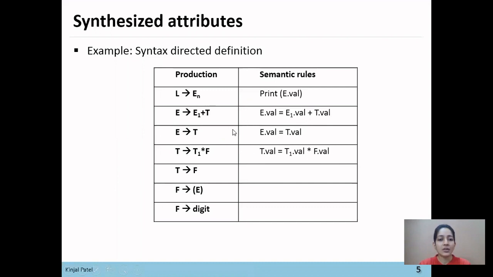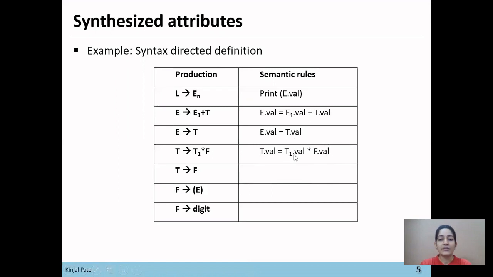So we'll represent all non-terminals with the attribute value. So T.value. Now in this rule you can see that on the left hand side there is T.value and on the right hand side there is T1.value. We have given a different name because T.value can be different from T1.value, as T.value is the result of T1.value star F.value.